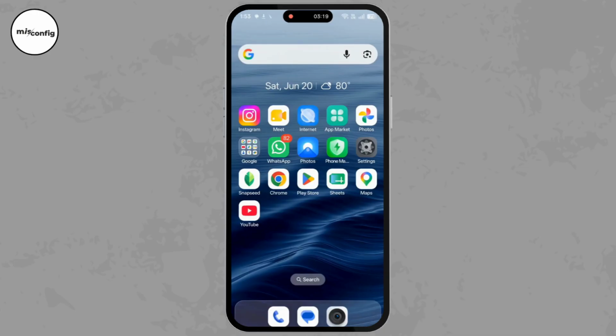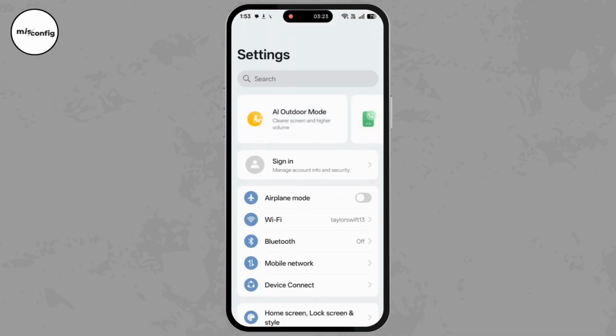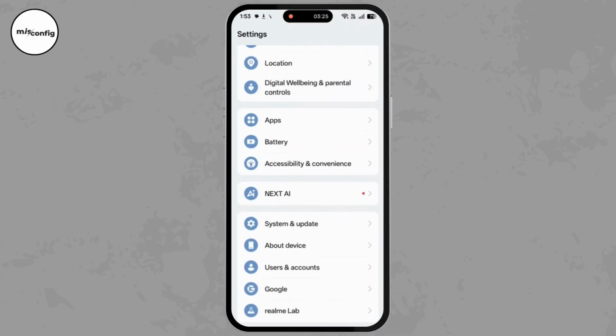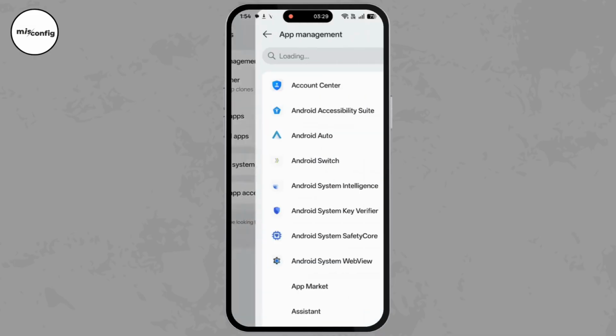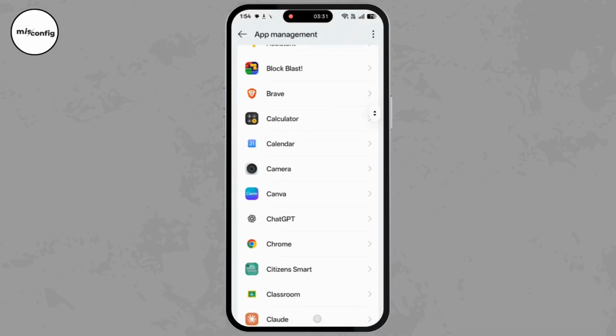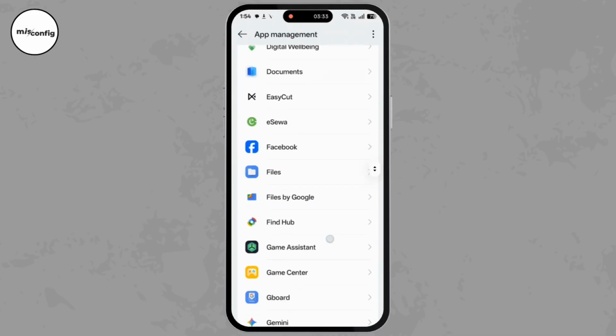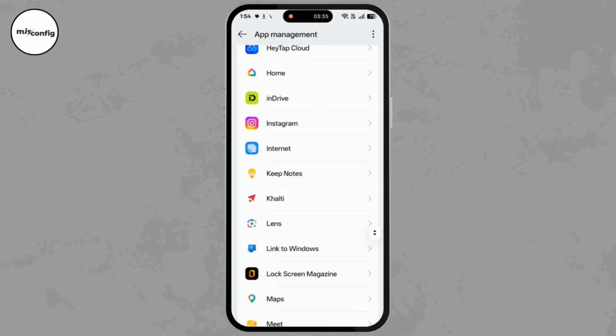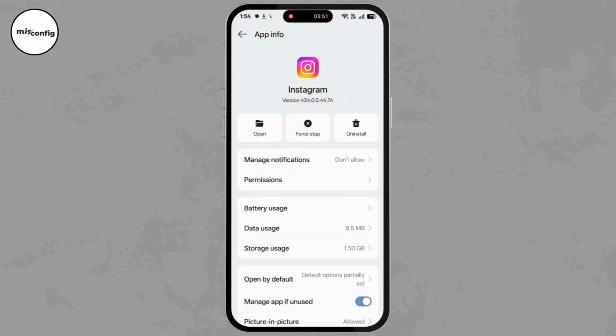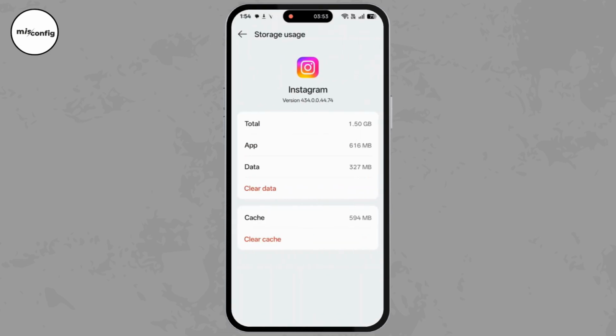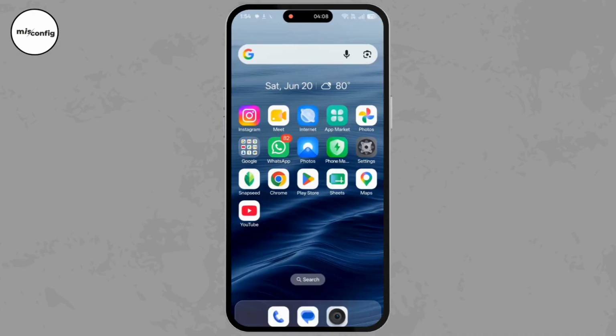One more fix to this is to go to Settings, scroll down until you find Apps, click on it, then go to App Management, scroll down until you find Instagram, click on it, then go to Storage Uses. Here click Clear Cache. Then after doing all of this, if your Instagram music is still not working, try deleting